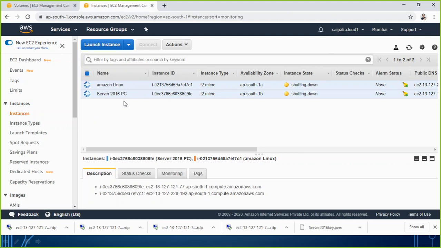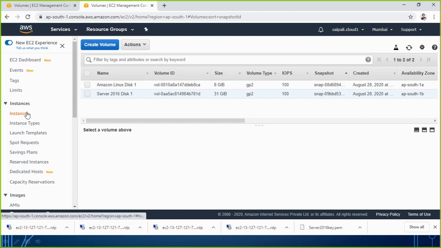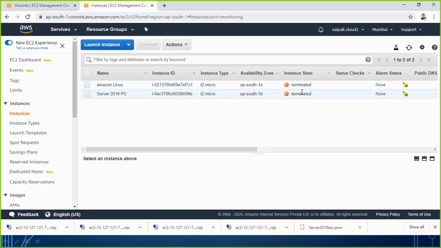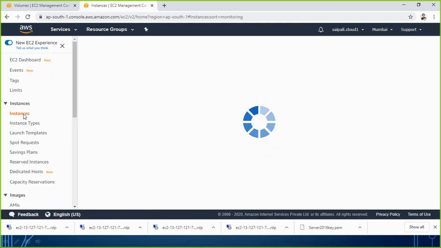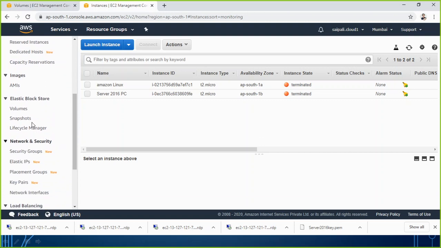And once these two instances are terminated, once this state becomes terminated, then if I go to volumes, I will see that these volumes will not be showing there also. So let's just wait for a moment to get this machine in a state of terminated as it is right now. We just refresh. So when you are in the instance, this name is still showing me, but it will be removed after 20 minutes by itself automatically. Let's try to have a look at the volumes now.